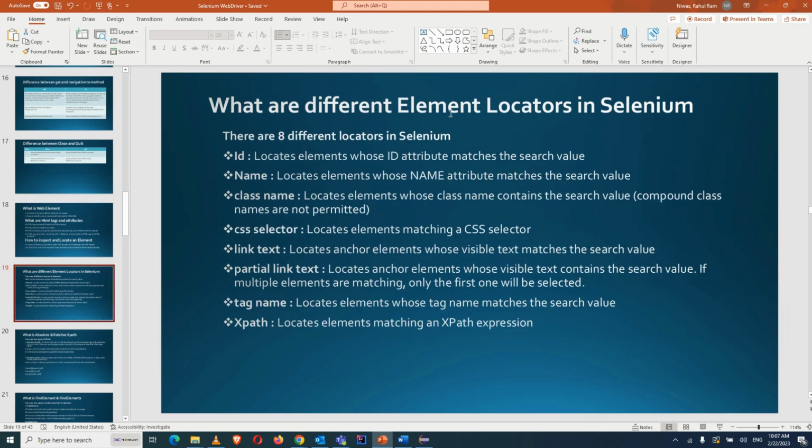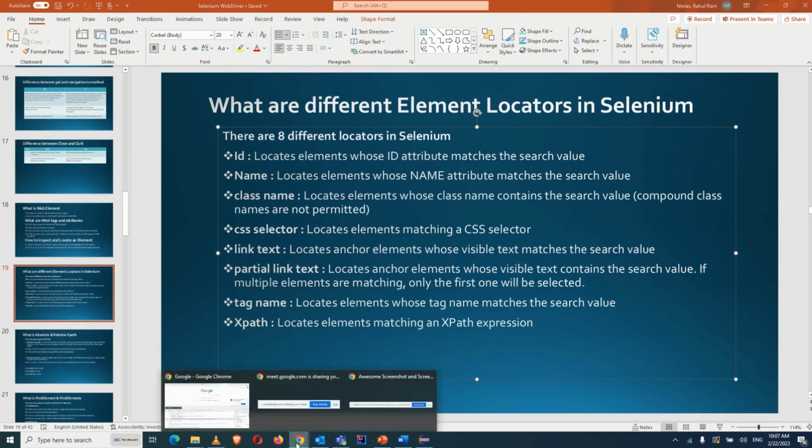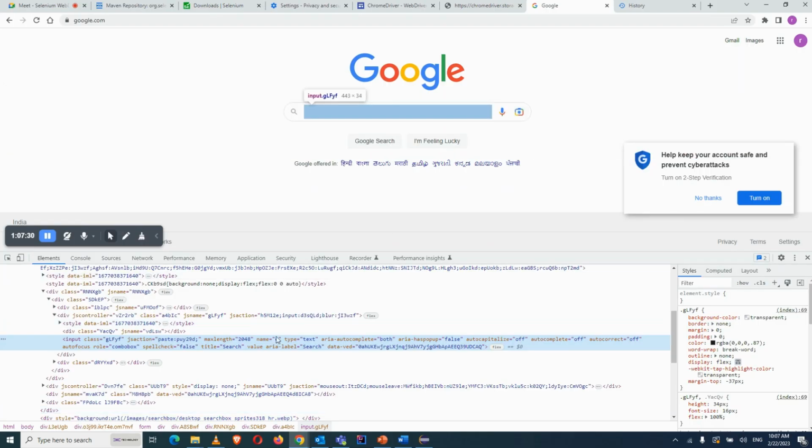So what are the different element locators in Selenium? Basically there are 8 different locators in Selenium. You can use an ID if that particular HTML tag has a unique ID. In that case, if we look at google.com, we can check if an ID is there. We don't see one. In that case we don't use the ID,